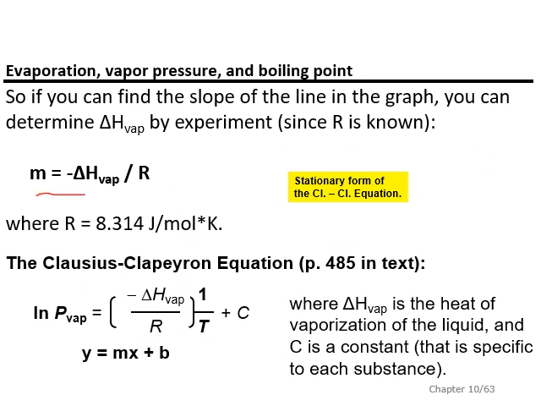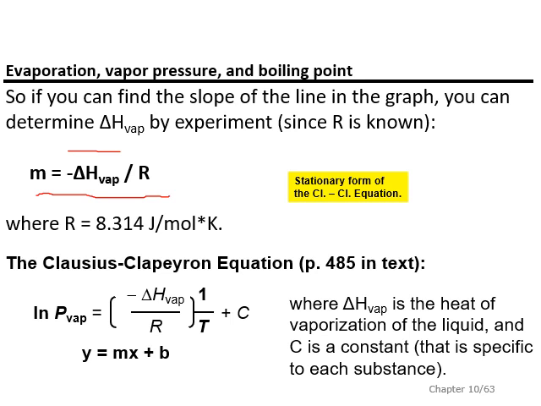We've substituted m equals minus delta H of vaporization over R, and this R is going to be 8.314. How did we know to do that? Well, the only way they knew is they did a bunch of experiments and tried to find something like an actual physical characteristic that they can substitute in for the m, because that seems to happen a lot. So they just kept playing around with it, and they finally discovered that the thing that actually fits and works is the heat of vaporization,